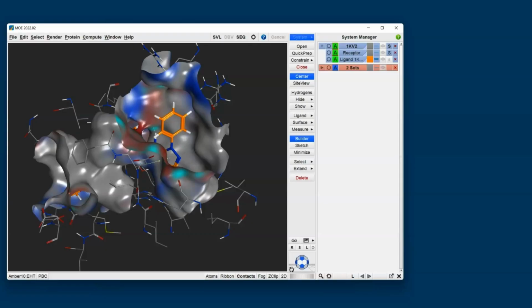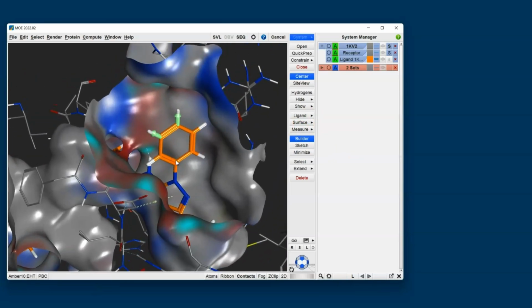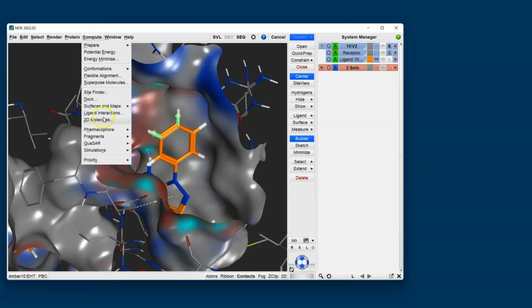In order to investigate where we might want to add these groups, I'm going to use the Ligand R-Vectors. So when I toggle that on, it'll annotate the ligand with these green arrows, and it shows me where on the ligand I can make a substitution around the size of a methyl, but without creating a steric clash. And I can see here we've got a couple of R-vectors indicating that we can make some substitutions in these regions. So next I'm going to go ahead and open up our Combinatorial Builder, and I find that within